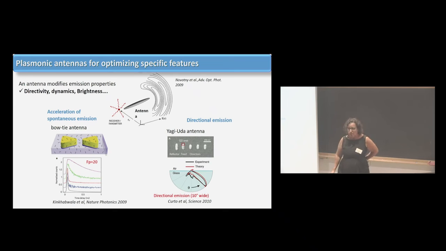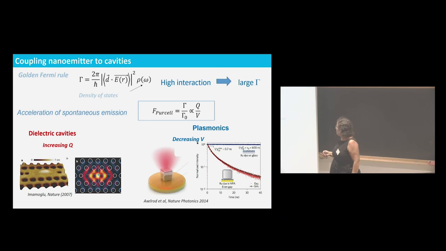You have at the same time the version of the Yagi-Uda antenna, the television's antenna, this nanoscale antenna. Here you have the nanometric version of this antenna. You put here emitters, quantum dots, and what you prove, just as you have at home, is that the direction of emission is changed. It becomes very directional. So that means by designing your antenna, you can do many things, activate specific functions like acceleration, interaction with the matter, direction, and so on.